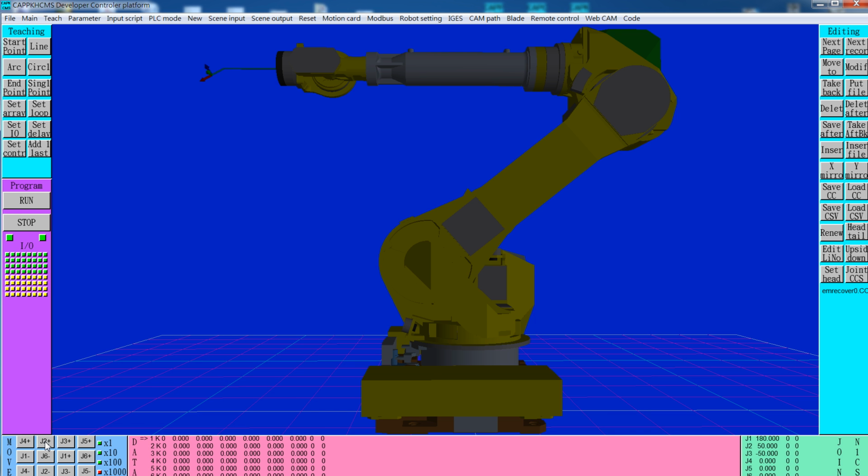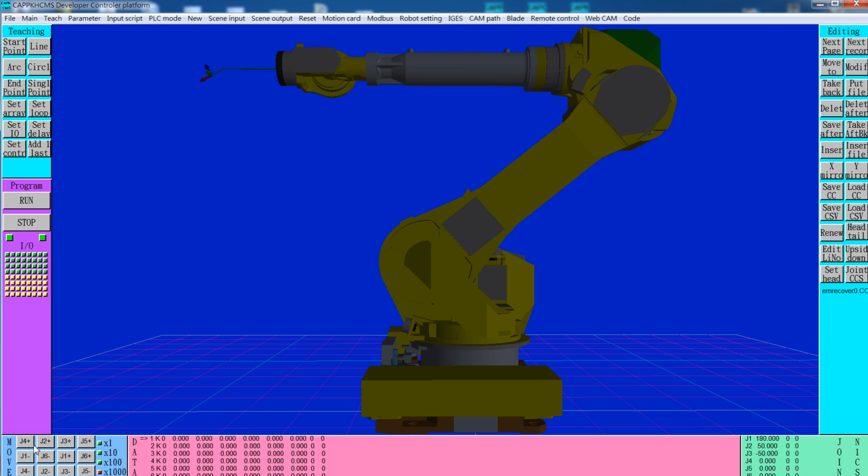Whenever pressed, suppose J2, the second joint can rotate around the positive direction at speed. This value, so the speed can be lowered by pressing multiply 1 and pressing again. While increasing the speed, you have to push at this area once, twice, 3 times. Use this speed to adjust